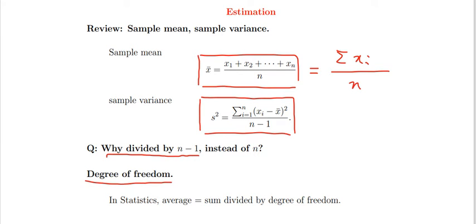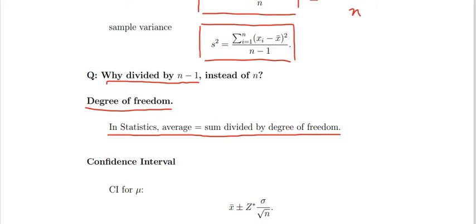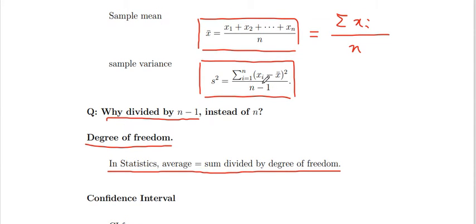This is important notation: an average should be divided by degree of freedom. So a sum of something, then divided by degree of freedom. We explain why here the degree of freedom is n, and here the degree of freedom is n minus 1,